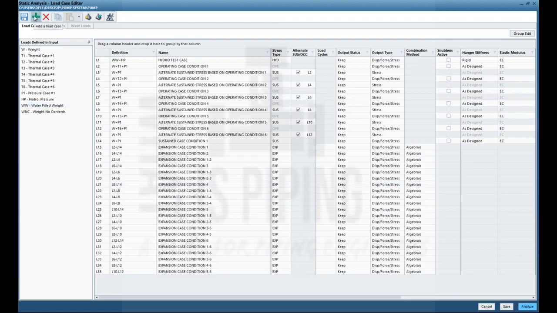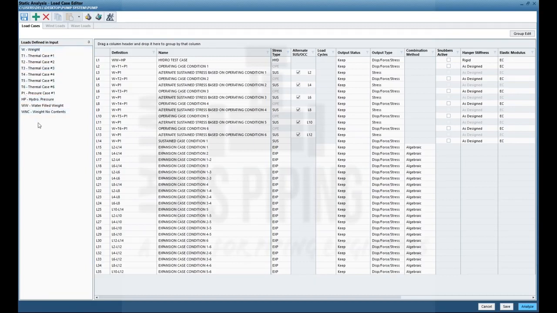Here this plus button is for adding any load case and the cross button is for deleting any load case. This button gives us the recommended load cases by CAESAR II. This program by default provides a few load cases, and this button is for importing load cases. If we have a similar system previously analyzed and we want to use those load cases in this system, that can be done directly by clicking on import load cases. So we don't have to define the load cases, we will directly get the imported load cases.